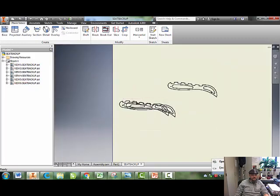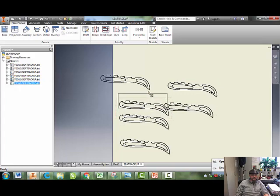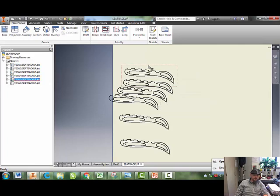I just hit it 4 times, and I can start grabbing these. There's the other ones. And spread these out, and let's see how many I have. All right, so that's all of them. And now I'm going to get them as close as I can together so that I don't waste any wood and I can fit my whole chair